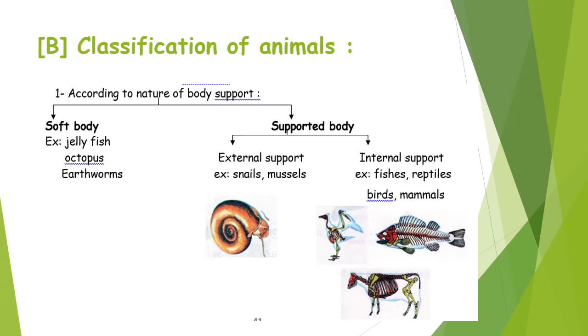Classification of animals according to nature of body support into soft body and supported body. Soft body like jellyfish, octopus and earthworms. Supported body, external support or internal support. External support like snails and mussels, internal support like fishes, reptiles, birds